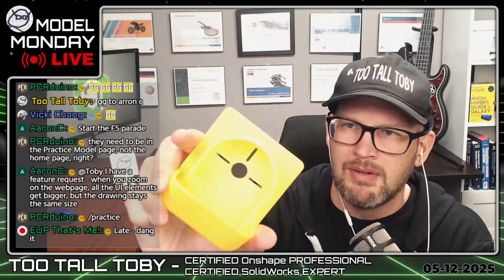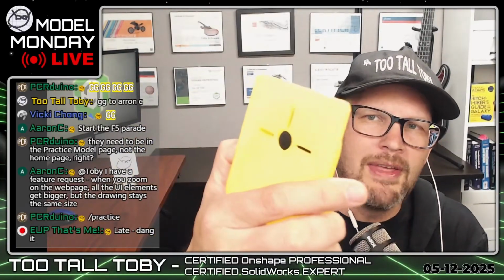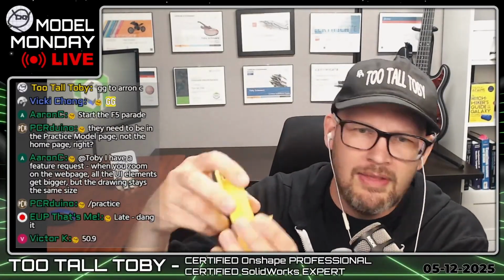You know, these are all over the place on 3D printed websites. I just kind of looked at one and then from the picture made my own using some best judgment. But there are a couple of things I would probably change, and I'll share those with you at the end here. But the thing that's probably the most tricky about this model is the use of this call out here,